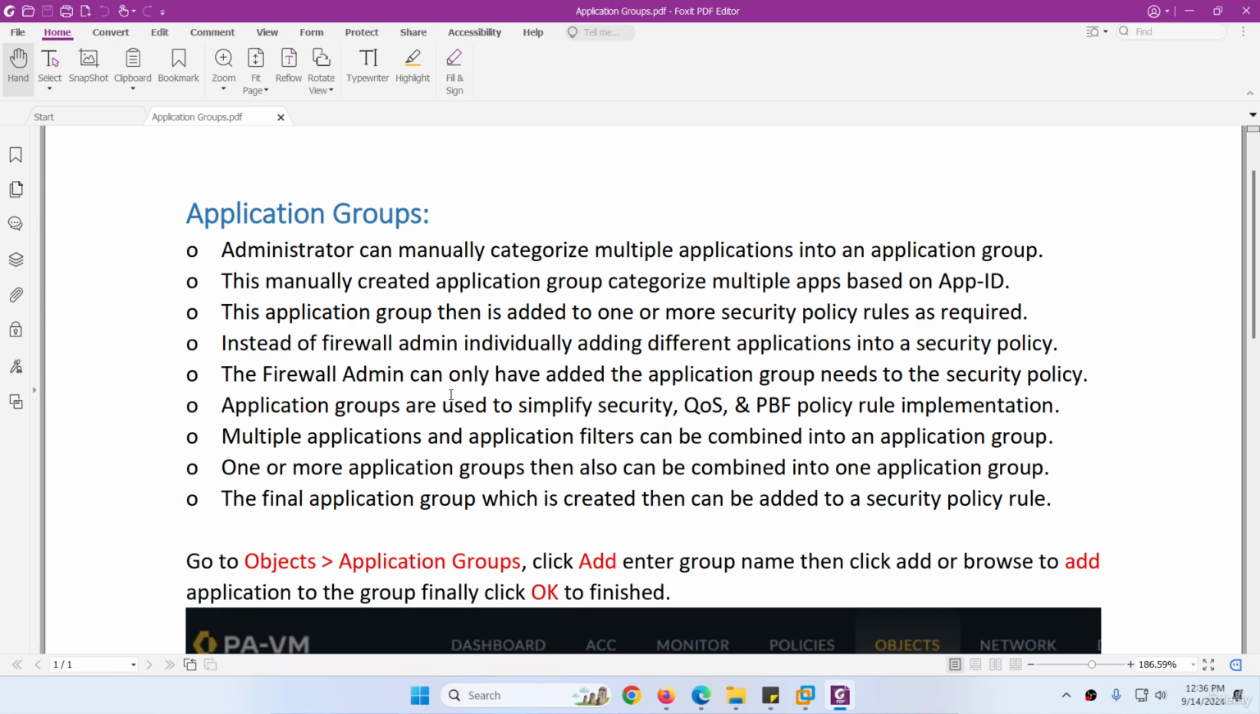Another topic related to app ID is application group. As the name suggests, it groups applications. Administrator can manually categorize multiple applications into an application group. Group means to combine multiple applications. You can even manually create an application group